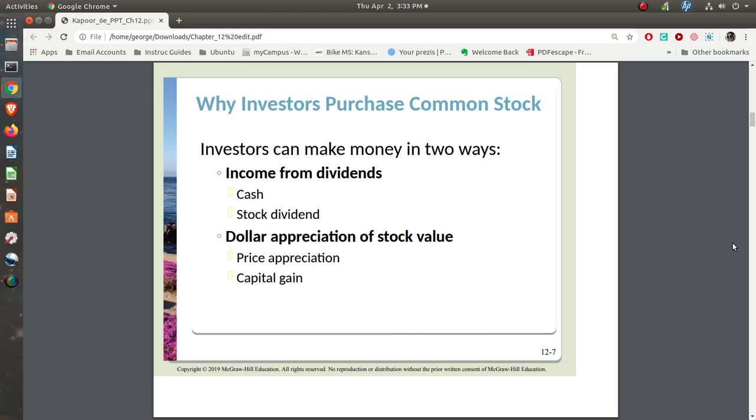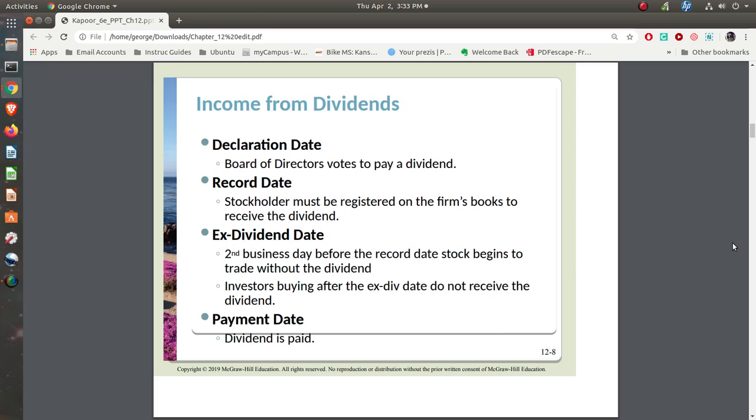So let's say that you buy a stock at $50 and the stock goes up to $100 a share. You have now made $50. That is called a capital gain, and you'll have to pay taxes on that capital gain. Now, capital gain taxes are much lower than income taxes. The thing is, the government wants its piece.